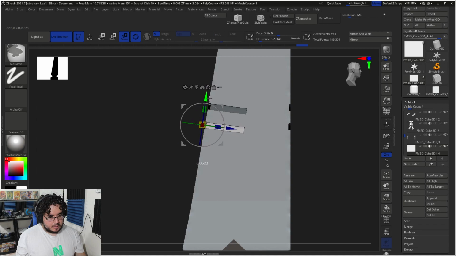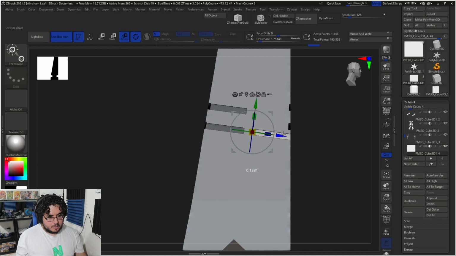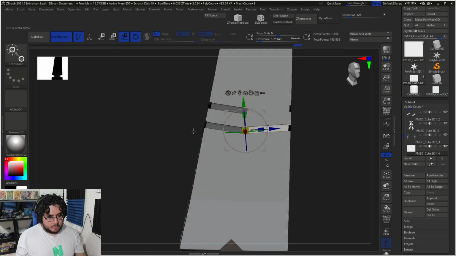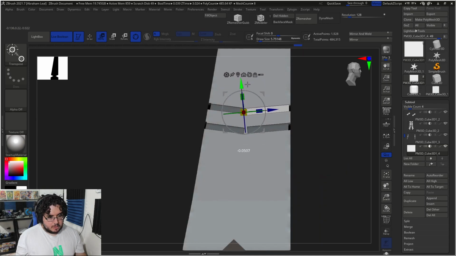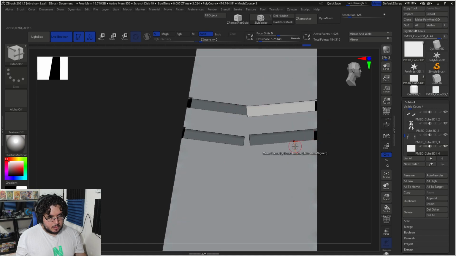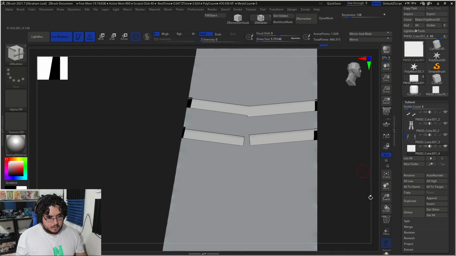We can duplicate this thing right here, and then just kind of eyeball the whole thing here. Get again as close as possible, because we're gonna be breaking up stuff and doing some interesting changes here. So okay, we go there. That's a little bit closer to what I'm looking for. Let's go here